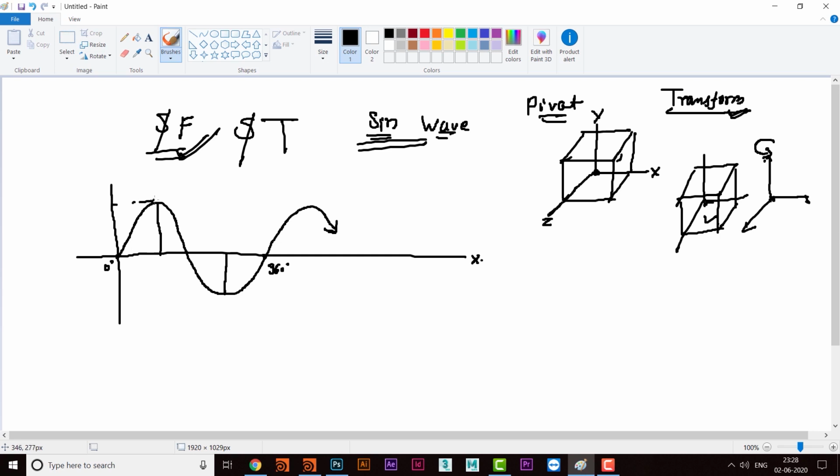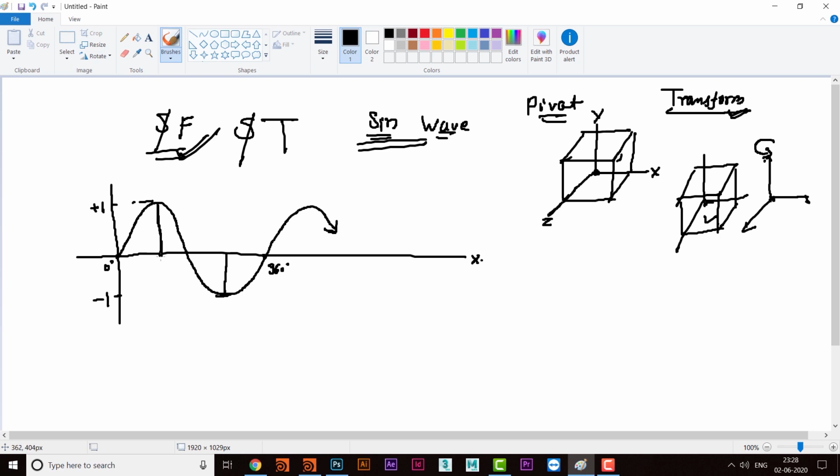That is the maximum value it will cover, plus 1, and the minimum value it will cover is -1. And the cycle goes on like that. At 90 this will be 1, and this is perhaps 270 degrees, this will be -1, and on this line this will be 0 all the time. That is why 0 at 180 degrees, and then 360 degrees, and all the multiples of that will be 0.